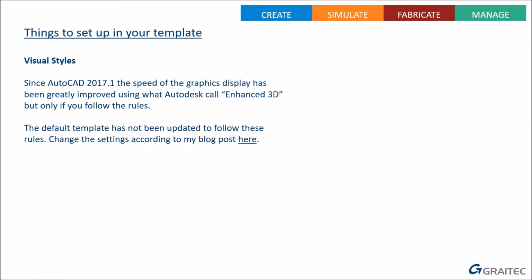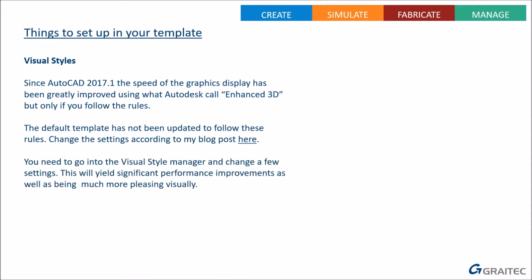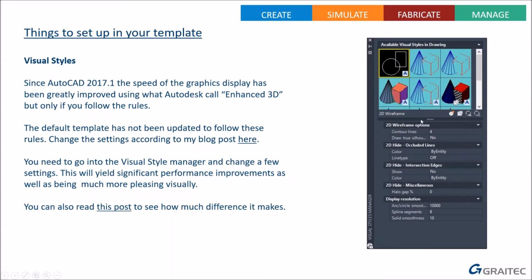to change in the template file, or you can look it up in the Enhanced 3D topic in the online help for AutoCAD. But basically, you need to go to the Visual Style Manager and change a few settings inside there. So this is the Visual Style Manager. You go through each style in turn: 2D wireframe, shaded, realistic, shaded with edges, conceptual, and so on, and set